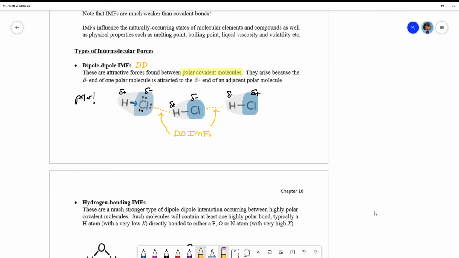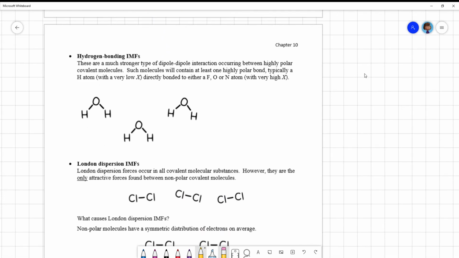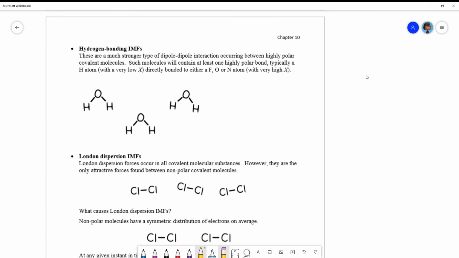I'm going to scroll to the next page for us to take a look at the other two types. And the second type we have here, called hydrogen bonding intermolecular forces, is in many ways very similar to dipole-dipole forces. I'm going to abbreviate hydrogen bonding as HB. I bet you could have guessed that. So when does hydrogen bonding take place, and how does it take place? Well, first of all, it's a type of dipole-dipole interaction, but a much stronger one. But what makes it a bit different is that it occurs between highly polar covalent molecules. I like to call these molecules superpolar